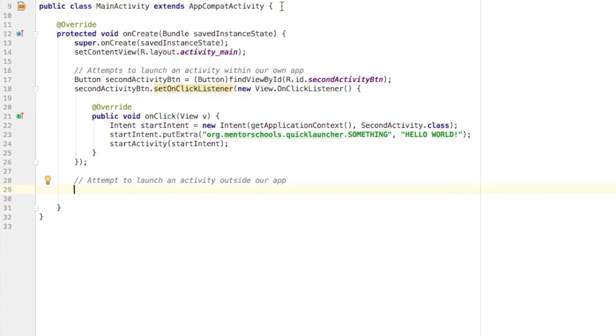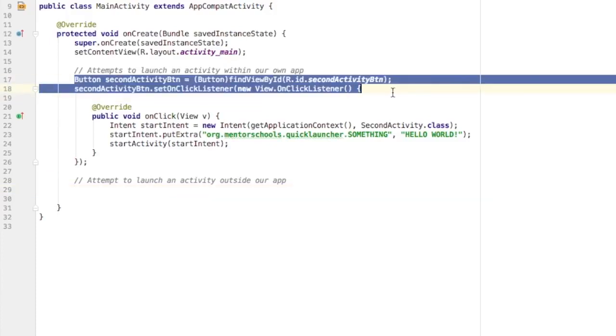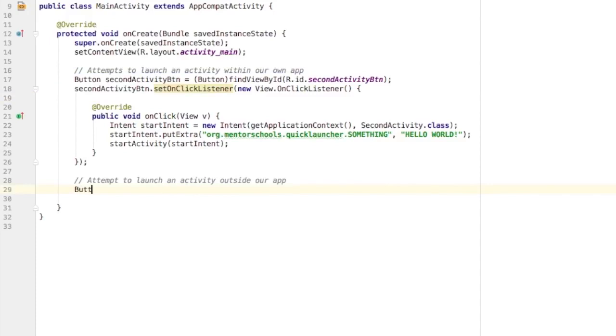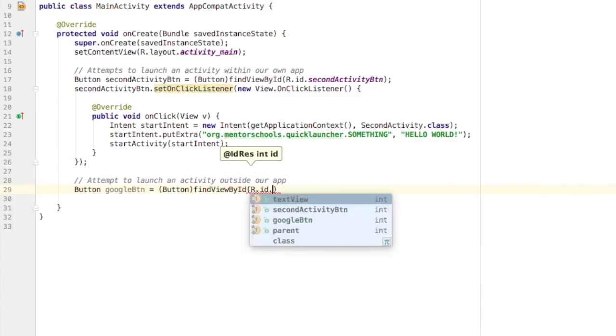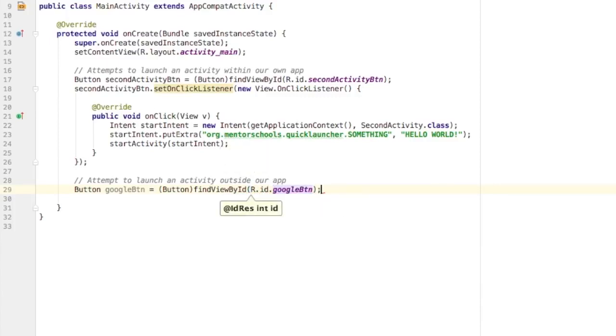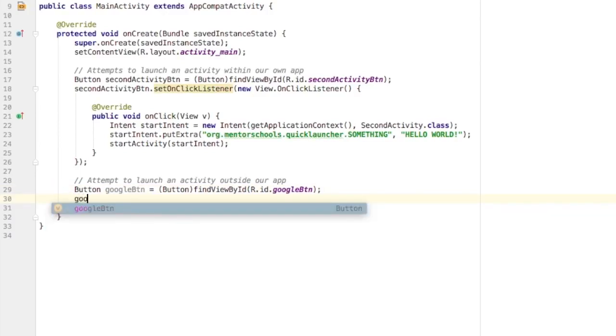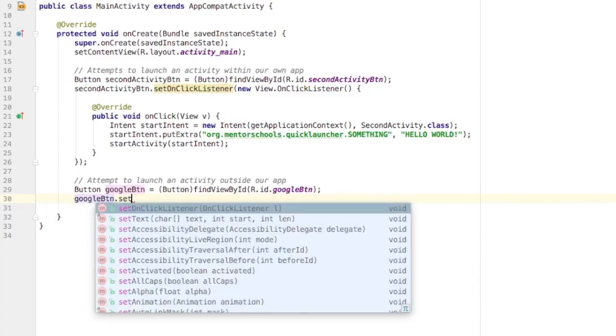So let's do exactly what we did on these two lines, but we're going to name it a little differently. We're going to create a button variable, and it's going to be our Google button. What this variable points to is something that we're going to cast as a button. We're going to find the view by ID, and we're going to look in resources for an ID that is called Google button. All right, which it found. So now we can go to the next line and add a click listener to it. So let's add Google button, set on click listener,